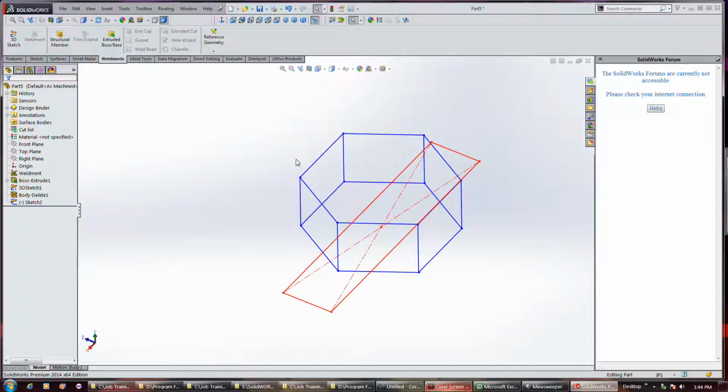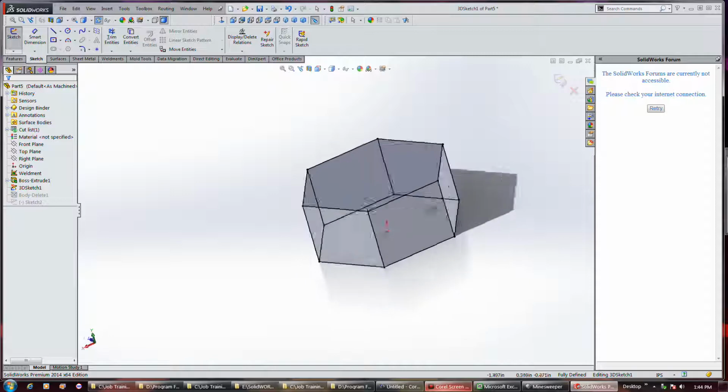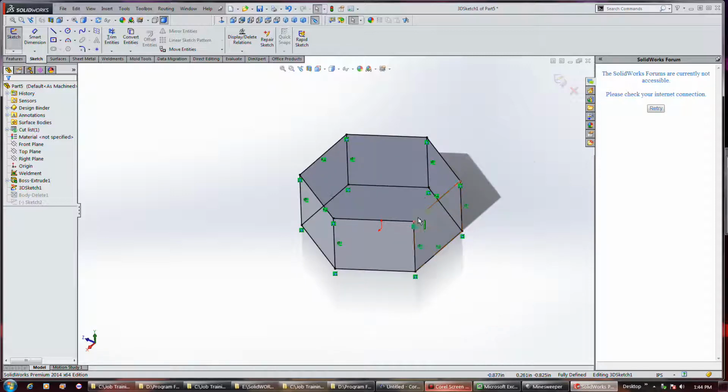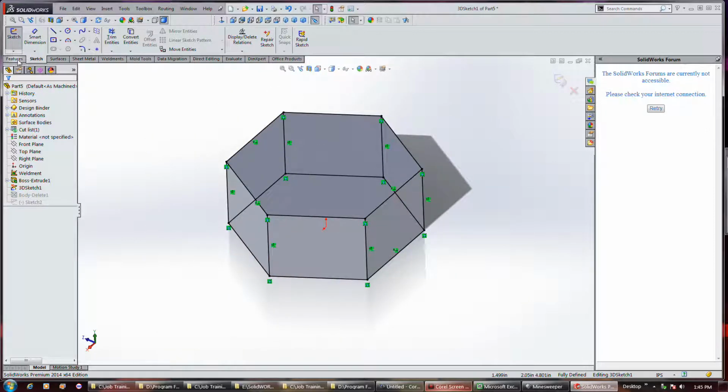I wasn't paying attention when I drew this thing. It was really too small. But what's interesting is if you go edit a 3D sketch, look what it does. It makes it kind of a solid. It's kind of weird. Anyway, I wanted to change the scale of this, but this is based on a solid to begin with,